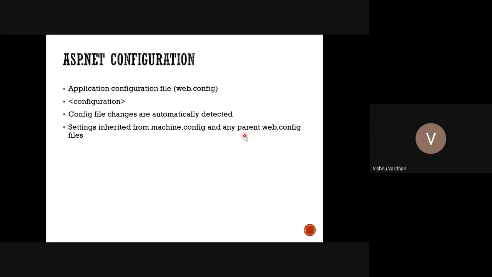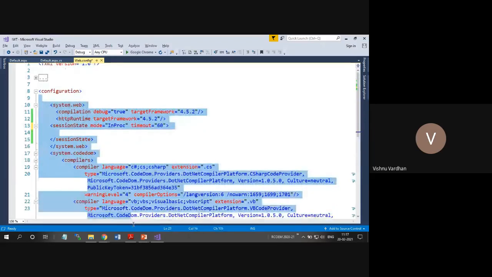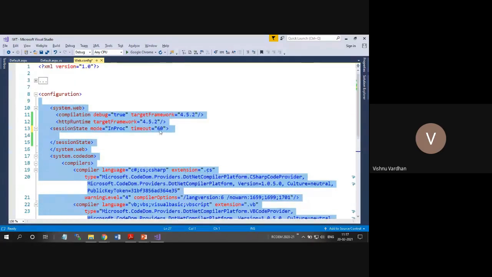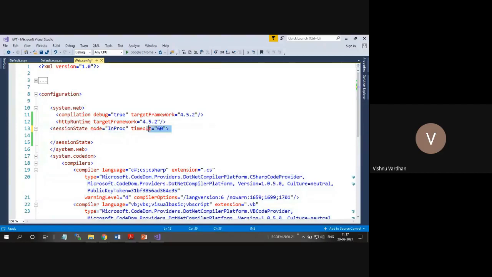So suppose you've got so many folders in your application. One is for admin, one is for users, one is for guests. So in every folder you can keep one web.config file. Again, what it will do is, the inner folder will derive from this file. In that way all these are actually chained together, so that whenever any overriding is happening, automatically the latest setting is applied on that particular context.